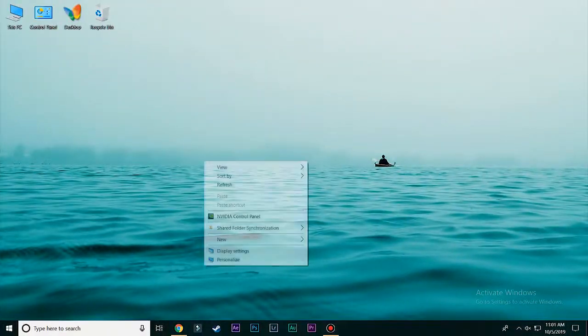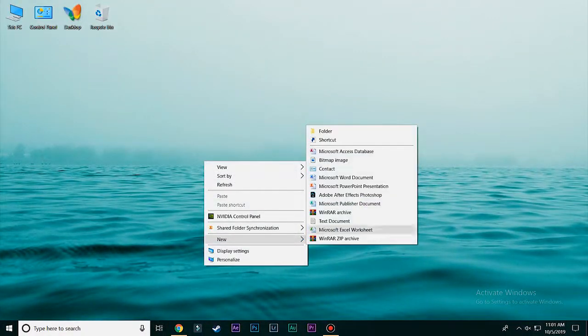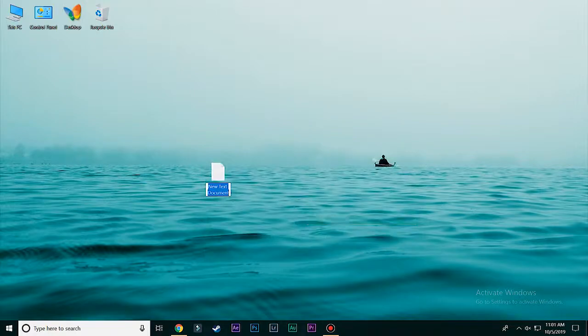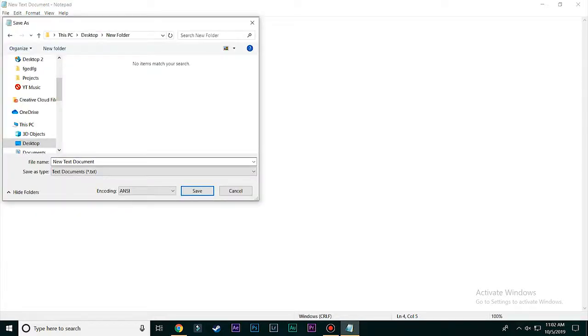Method 2 is a little bit complicated. So first of all, start by opening a text document or Notepad on your desktop. And type in this text over here or simply copy it from the description. And once you are done typing the text, simply click on File and click on Save As. You can save it anywhere on your computer, but you need to make sure that you rename it like remove.bat.